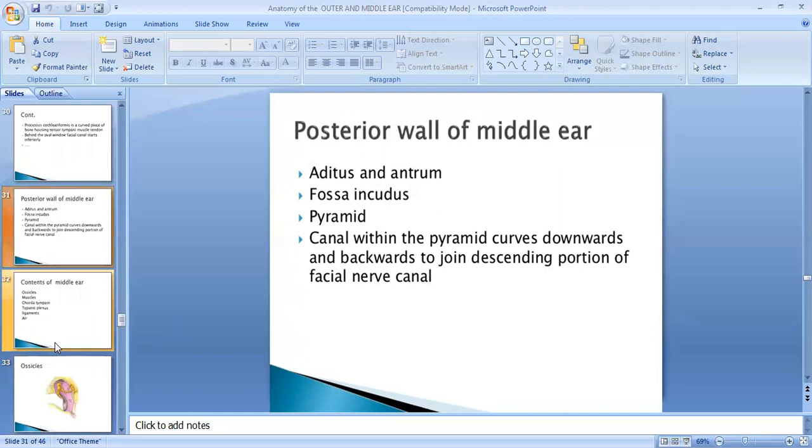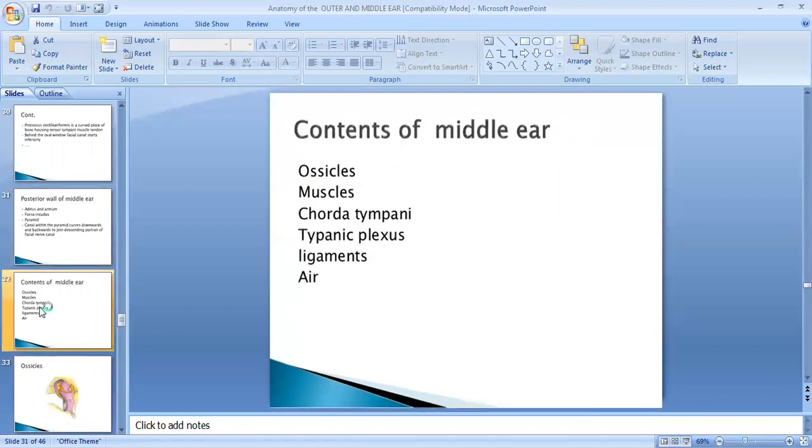So what about the contents of the middle ear? The middle ear contains ossicles. Ossicles, they are the small chain of